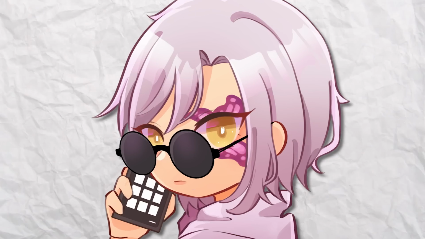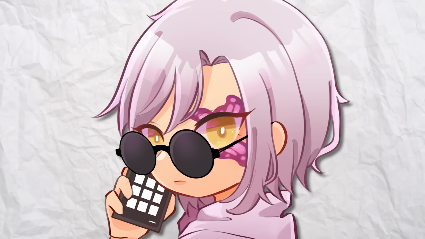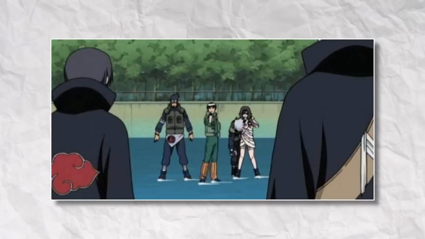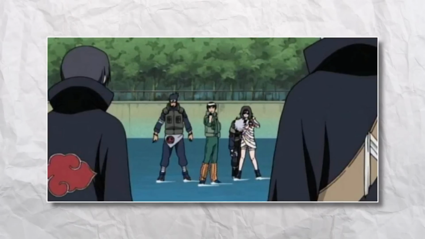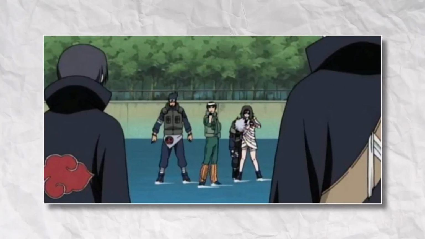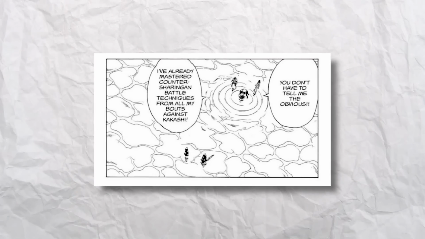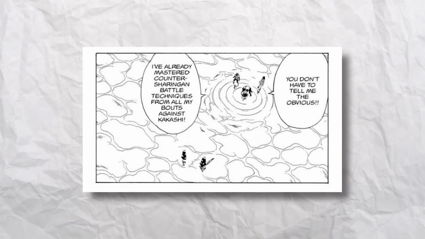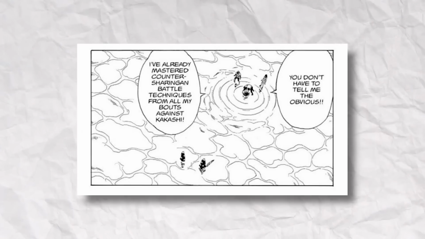I'm sure from this you could easily draw which conclusion I'm going to have at this point in the video, but there is actually an interesting part of the discussion when Guy confronts Itachi. It's already established at this point Kakashi is stronger than Guy via the progression charts, but Guy still might be able to pull out a W since he knows his own counter Sharingan techniques that can be looked at as either a physical buff or hindrance since he's fighting someone stronger than him.